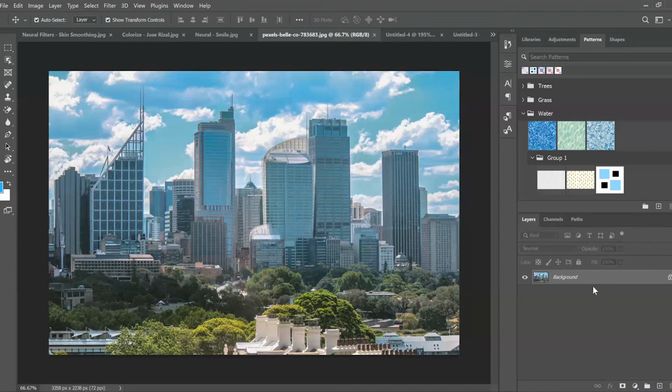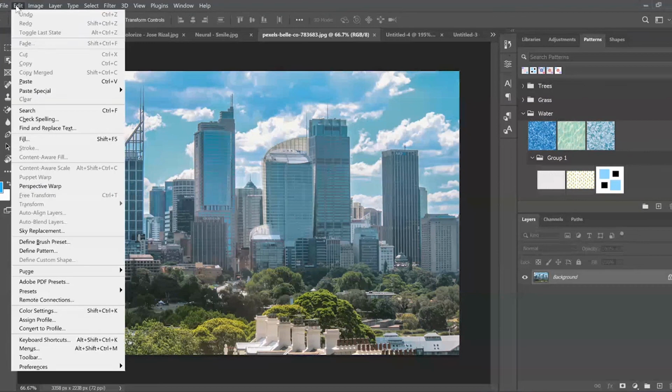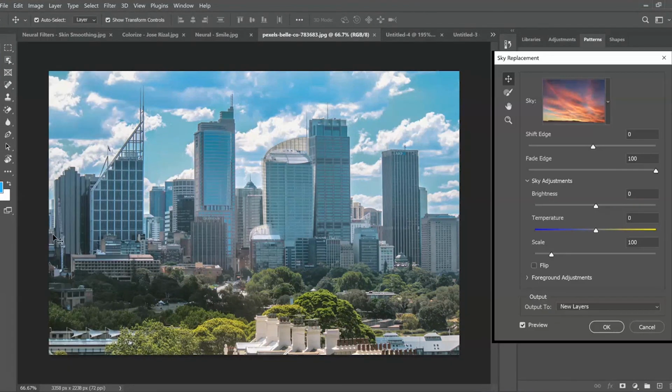For this one, let's change the sky. We need to choose edit and select sky replacement. So there is a library of presets that we can use to change the sky and even the scenery.